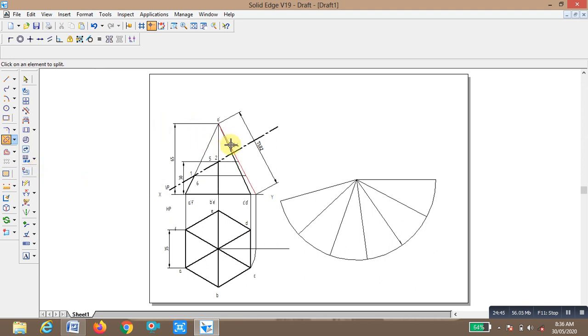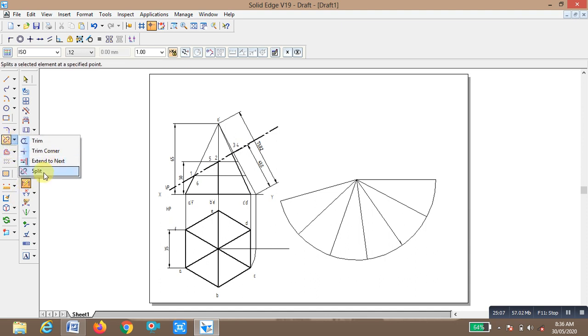I split once again, I split this line at this point. I measure how much distance, smart distance, how much is here.